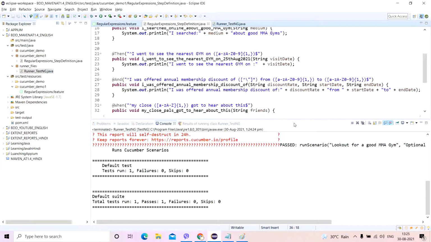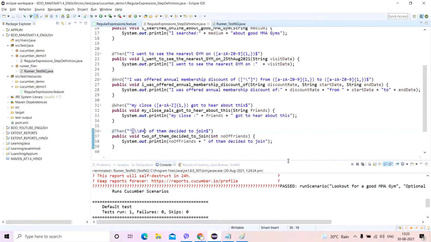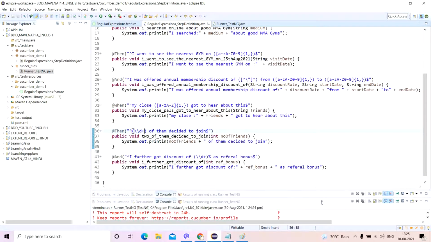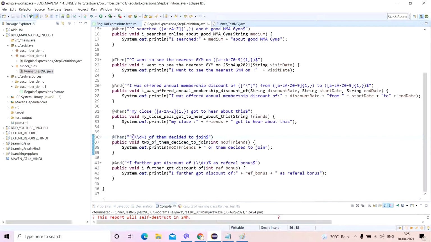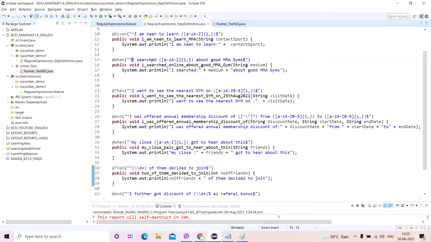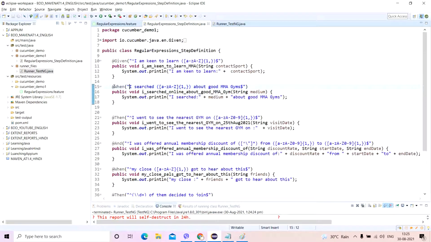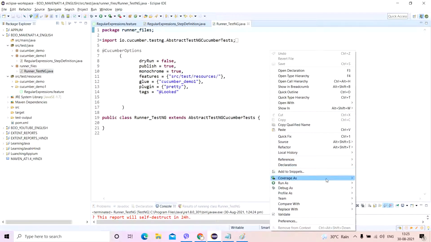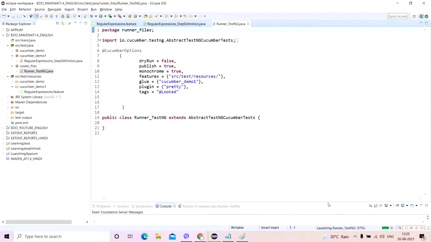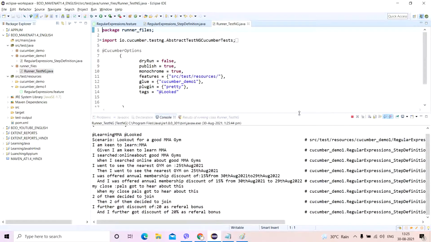Okay, so see, this is working absolutely fine. Please be careful with a lot of things. We just encountered a problem because I had by mistake done this. Now I rectified it, it worked fine. Let's say for example you miss out on the beginning symbol for this particular @When step. Okay, now let us execute. Let's see what happens. I've deliberately missed out on one particular symbol.